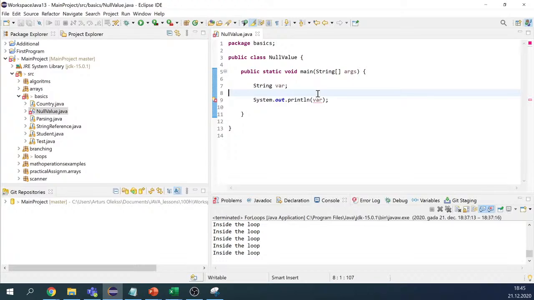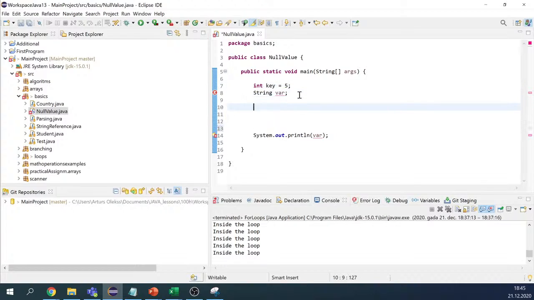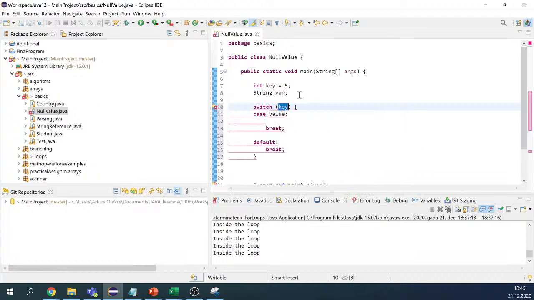But the idea is that if this is such an obvious case, compiler will understand that the variable is not initialized. The same as we just basically do some cases. So we have the integer, and we have some value here. Then as you remember, we can do a switch, do the switch with case, and